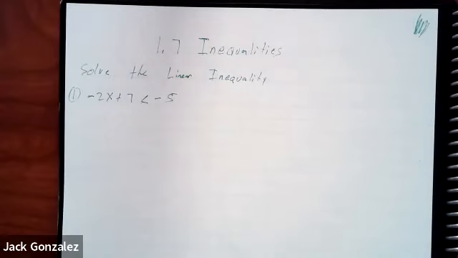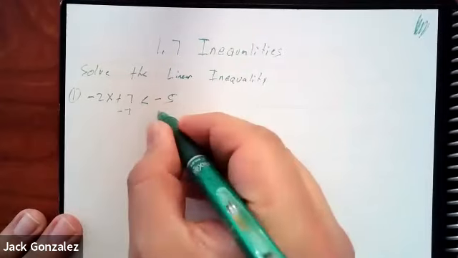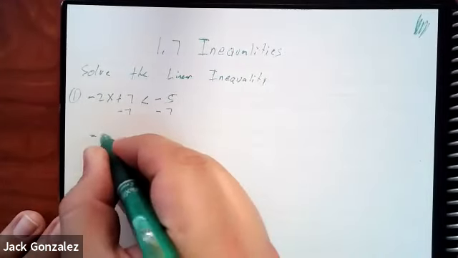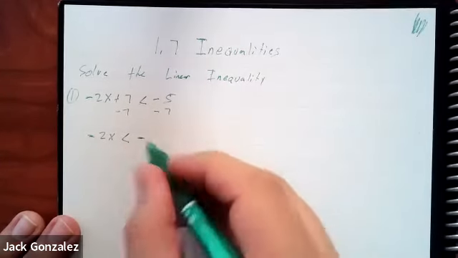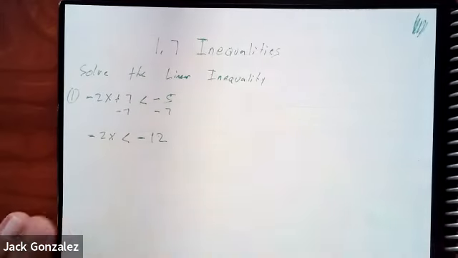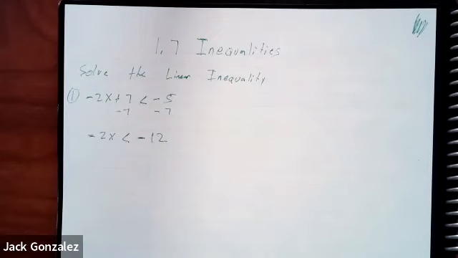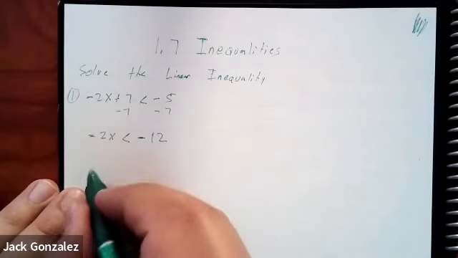Yeah, we need to isolate it. So what's the first operation you would do to both sides? Subtraction. Yeah, you would subtract 7, right? So then you'd end up here, negative 2x less than negative 5 minus 7, which becomes negative 12. Okay. Now, what would be the next thing you do? Divide negative 12 by negative 2, you get 6. So you would divide both sides